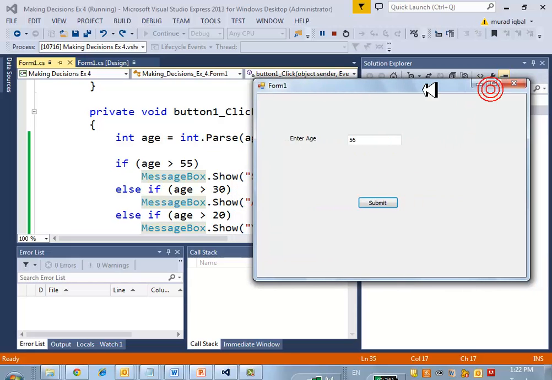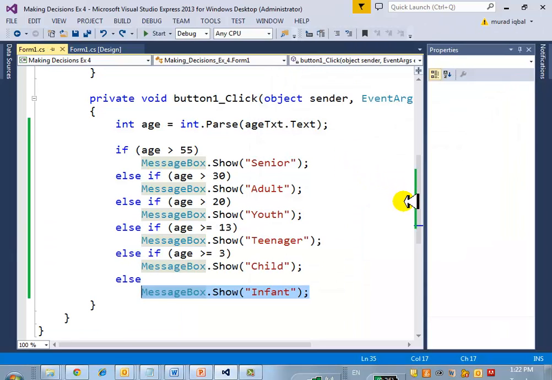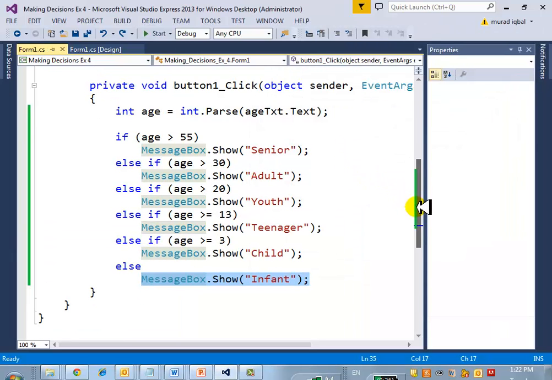So this is my exercise of making many decisions together using if and else if. Do you guys understand the if and else if structure, how to make complex decisions? Now the next time